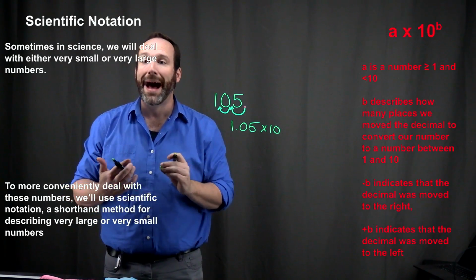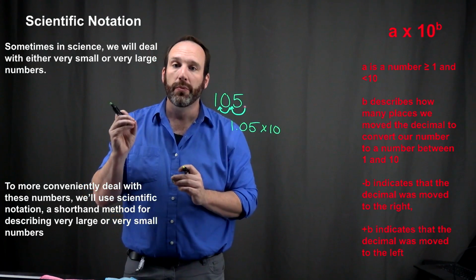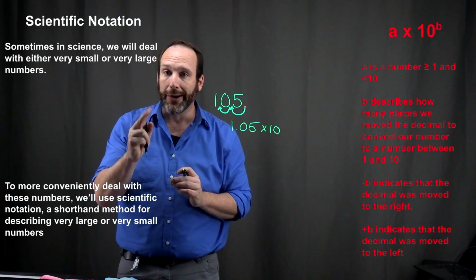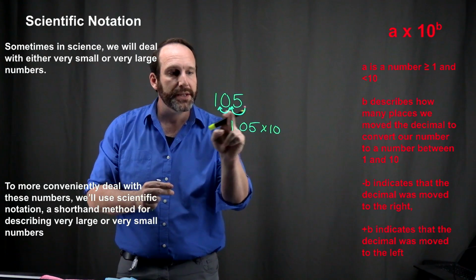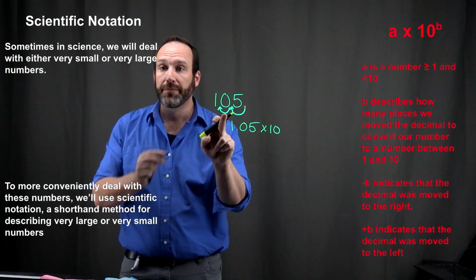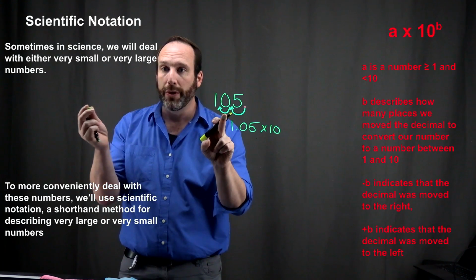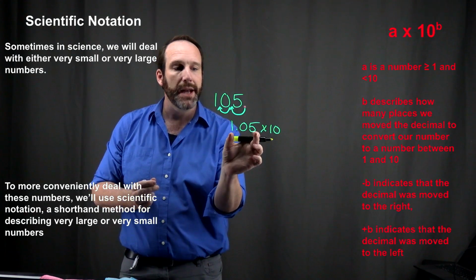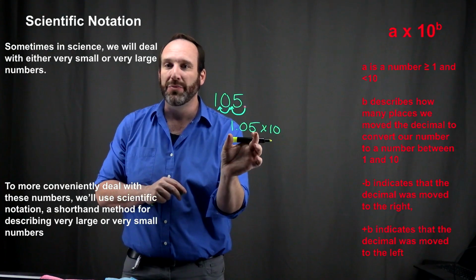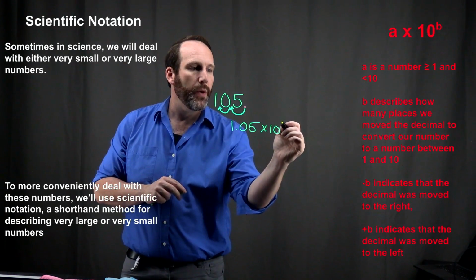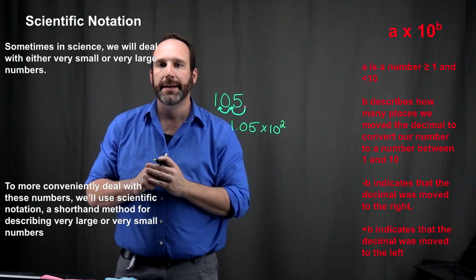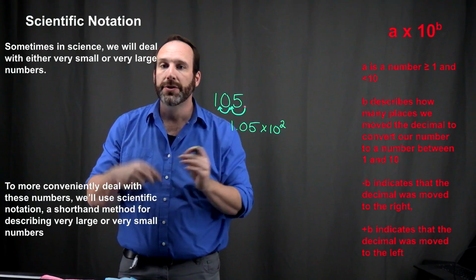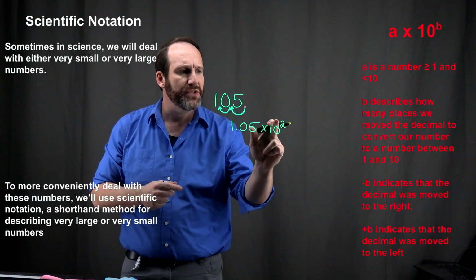raised to what power do I want to raise it to? Well, I want to raise it to the second power because I moved this decimal point two places. I slid the decimal point 2 times to make this A number be between 1 and 10. So I'm going to make it times 10 to the second power. And so the question is, do I want that to be a positive 2 or do I want it to